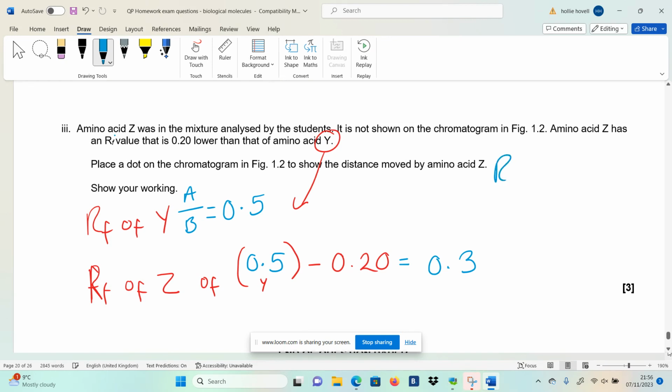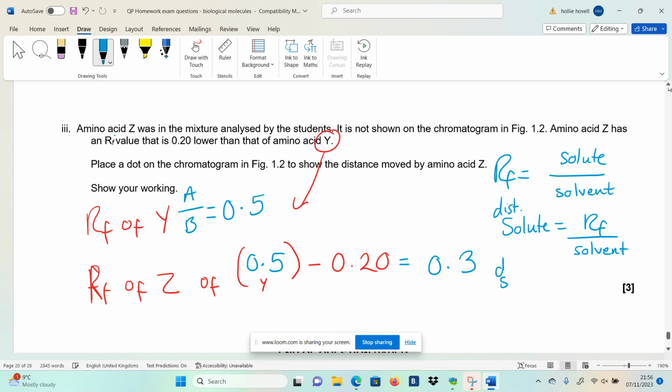So if the RF is the distance moved by the solute divided by the distance moved by the solvent, what we want to find is how far did the solute move. So we need to rearrange our equation to find that. So solute equals RF divided by the distance moved by the solvent. So then we know that the distance moved, should put distance on each of these really, the distance moved by the solute